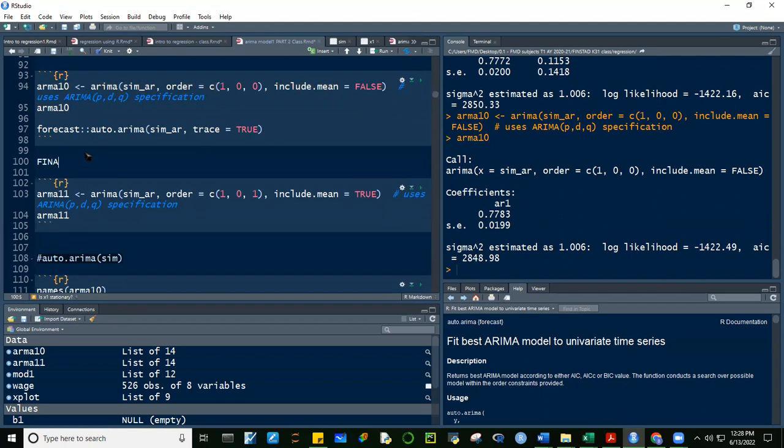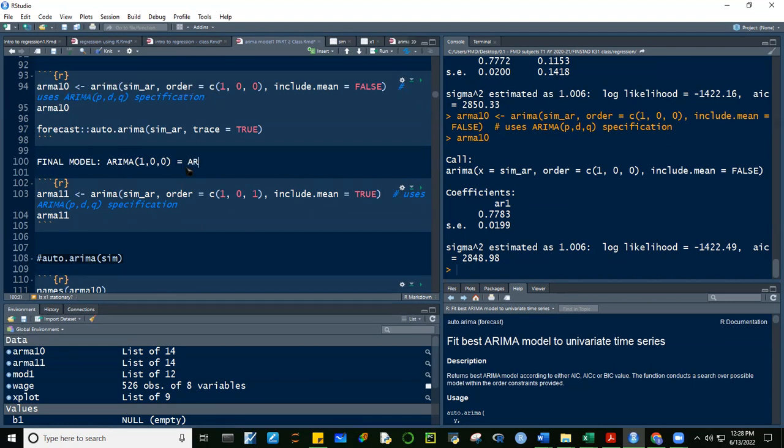Lagay ko dito, final model. ARMA 10, okay? Or ARIMA, pwede rin to, ARIMA 100. Pare-pareho lang yan, guys, no? ARIMA 100, ARMA 10, or AR1.